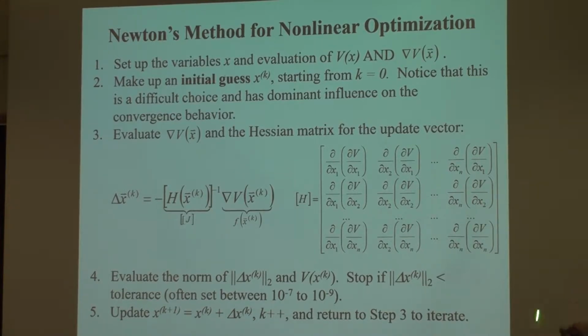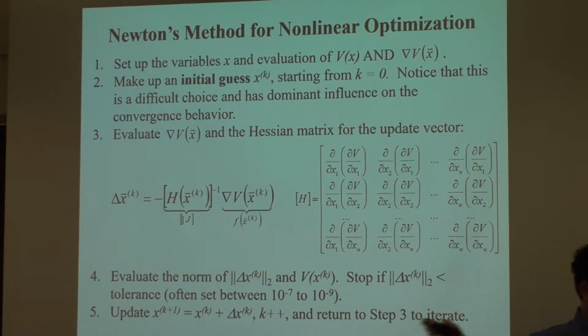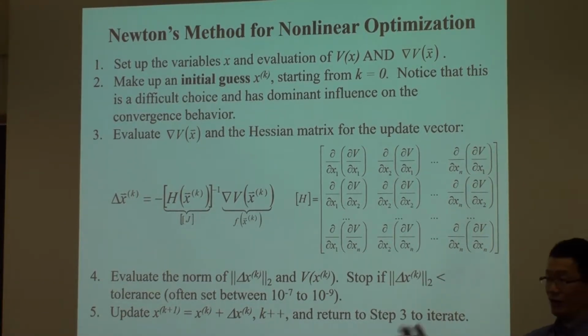Is this clear? It shares so many things with the Newton method for the nonlinear equation solver. The initial guess is very critical, but very difficult to know. It has the basin of attraction. Whether the initial guess is within that basin of attraction, you will converge. Outside, you will be dead. A line search is necessary, right? Because of overshoot or undershoot problems. Whenever you have a local minimum or, even worse, a local maximum, then you will overshoot like crazy.